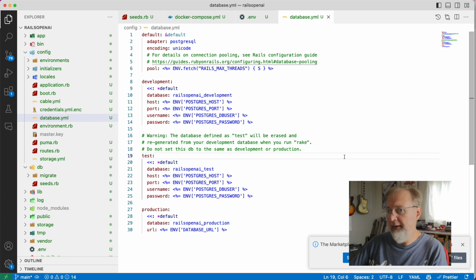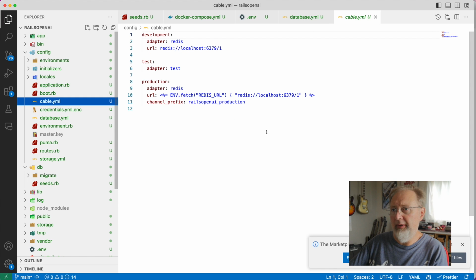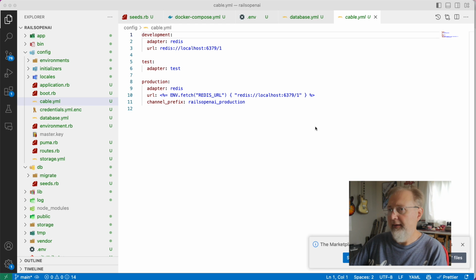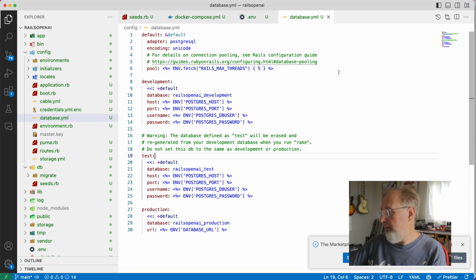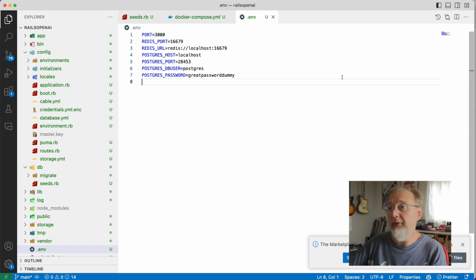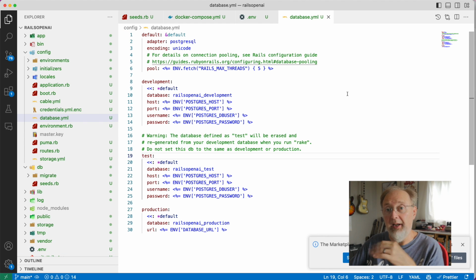And then because we're doing this, let's change the cable HTML, because this is going to be used, I believe, for Turbo and Hotwire and Stimulus would use cable, Action Cable. So we're going to change that to make sure that it reads the Redis URL out of the env file. Again, so whipping through it here, that's all of our configuration set up. So now we have a Rails app